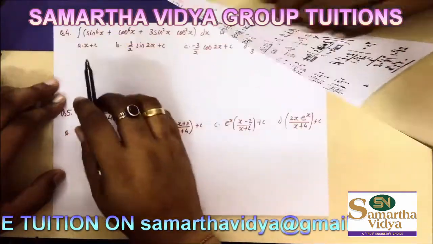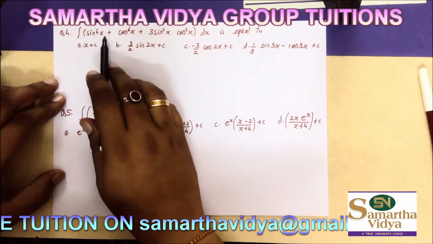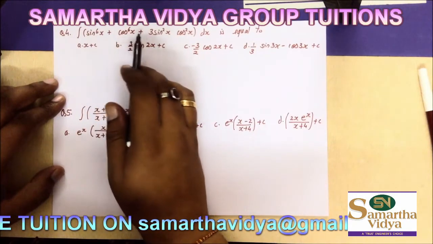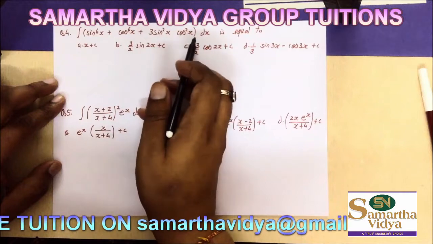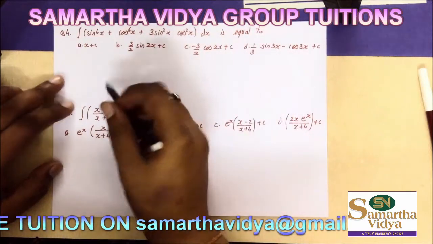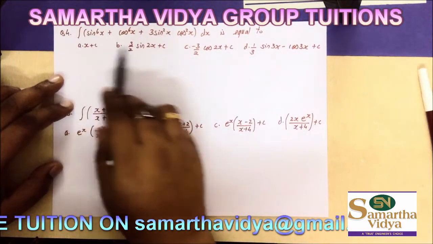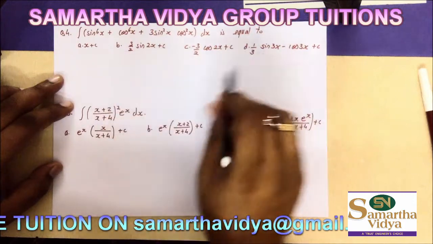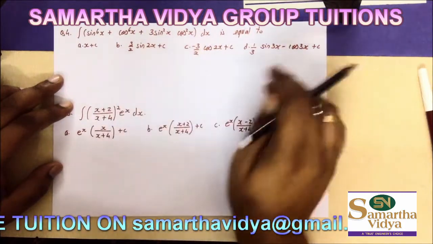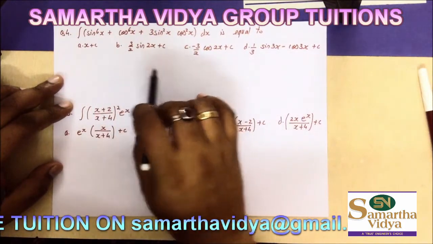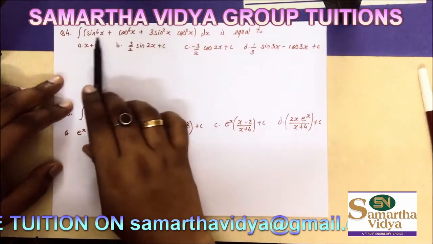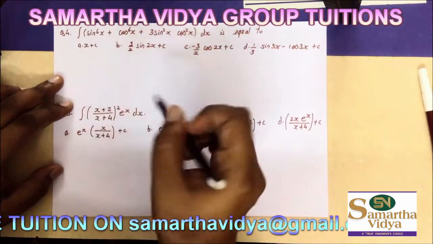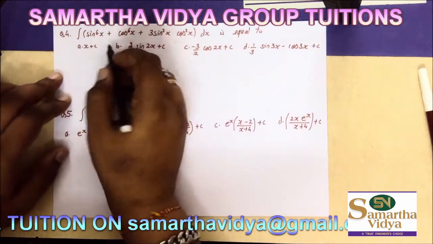So we see that. So next we move on to the next one, which is sin raised to 6x plus cos raised to 6x plus 3 sin square x cos square x dx is equal to. Now we can see in the options which are given, it's quite simple options which are given to us, and this is very complicated. So we need to first simplify this. So how do we simplify?